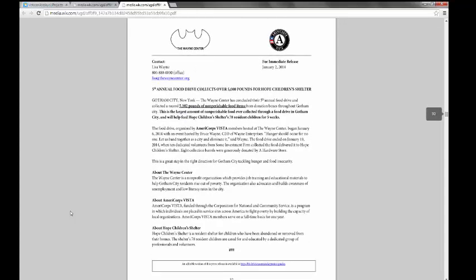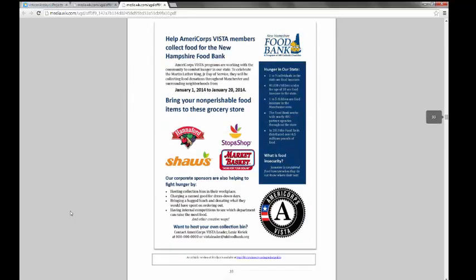And they look pretty similar because press releases, by their nature, will often look similar if you're still working with the same organization, doing the same type of work. So the logos are going to be the same if you're doing the same type of project with the same organization. And so next up, we have 2 sample flyers. And just like the press releases, they have editable versions online so that members can simply go in and change the information that's relevant to them, change the logos, and they're good to go.